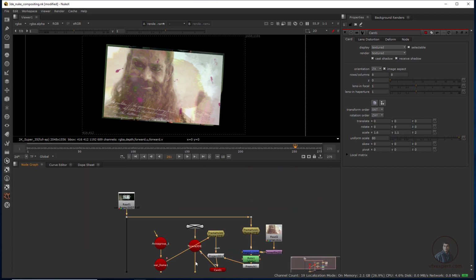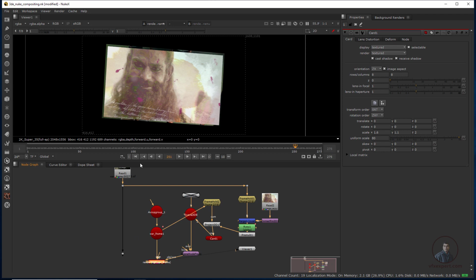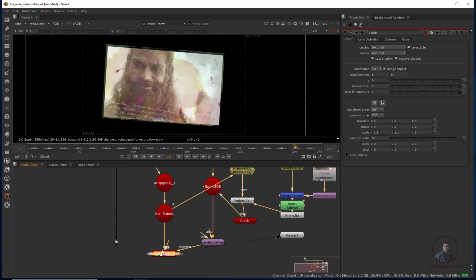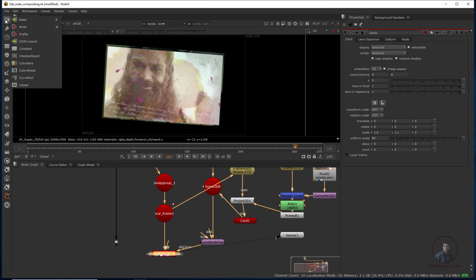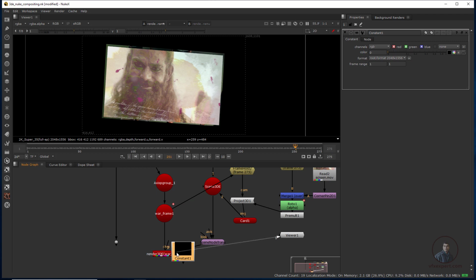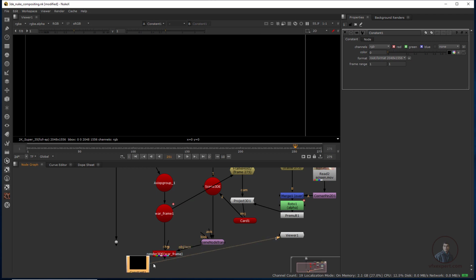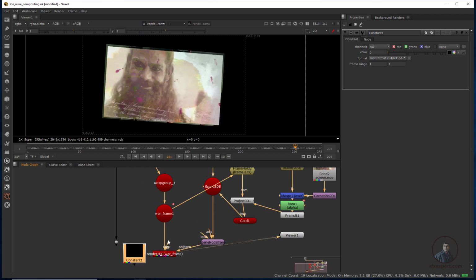This is important because we have to do the final compositing. This is not the final compositing. So I am going to put a Reformat node here, or simply you can put a Constant, just the same as our original footage.